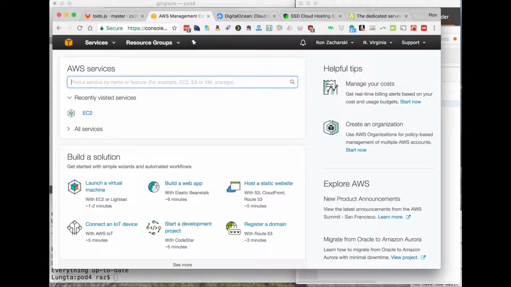Let me bring up my browser here. So the most popular one probably is Amazon Web Services. And the thing I should point out with a lot of these is they're all roughly the same cost. I don't know if one's super more expensive than another. And they all offer some free version, some free trial. And that's true with Amazon, that's true with Google, through